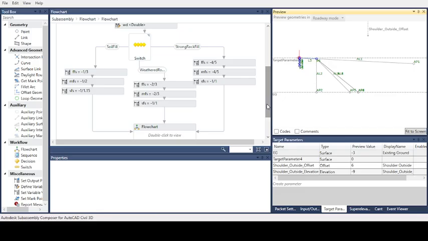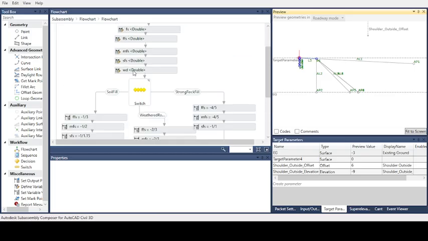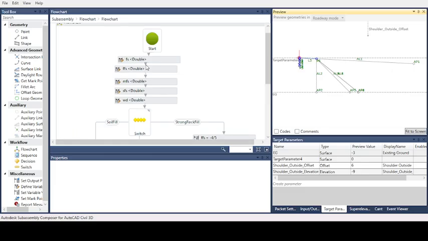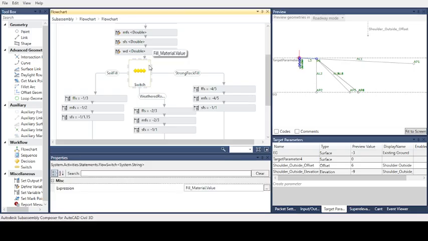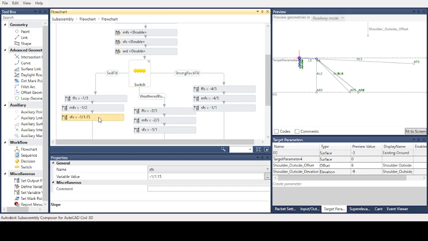To recap from the previous lecture, we set the variables. These are the variables and the fill material types: soil fill, weather rock fill, and strong rock fill, and the corresponding slopes are given. From the previous lecture, there is a mistake. This is for the steep fill slope.